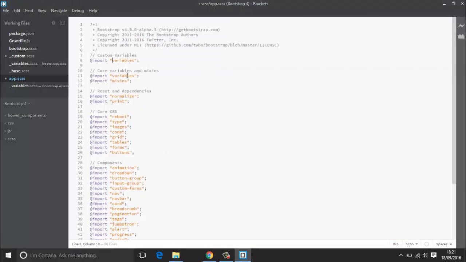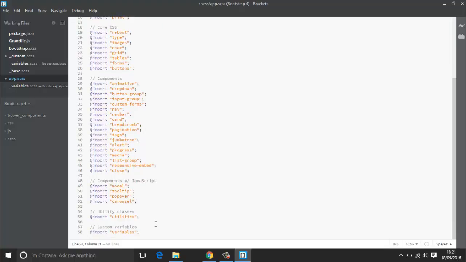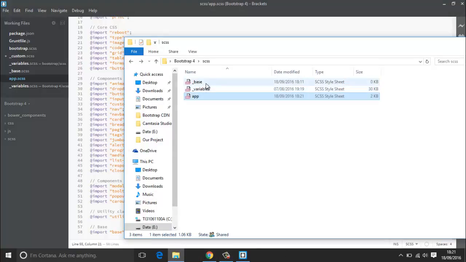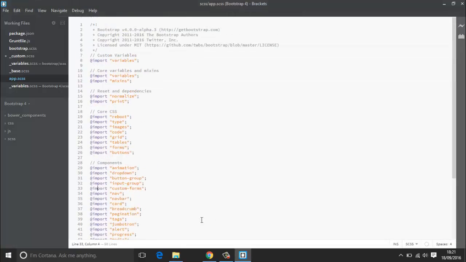Alright, so the other thing we're going to need is a base, and we're just going to add that at the bottom here and change that to base. And then underscore base. And that's exactly how you're not meant to do it. So there you go. So we're now pulling this in and this in, and then in our